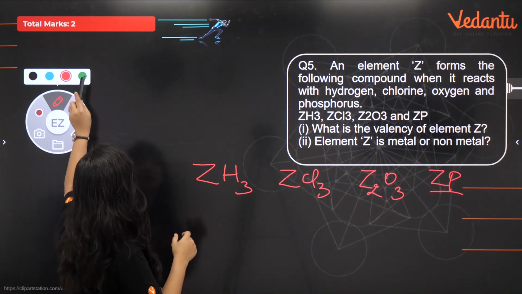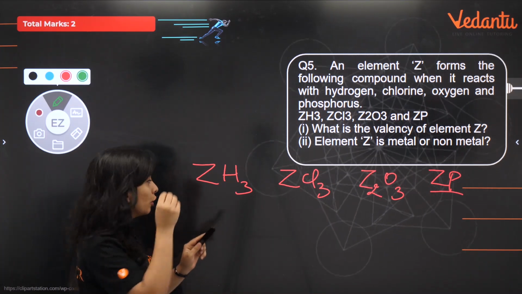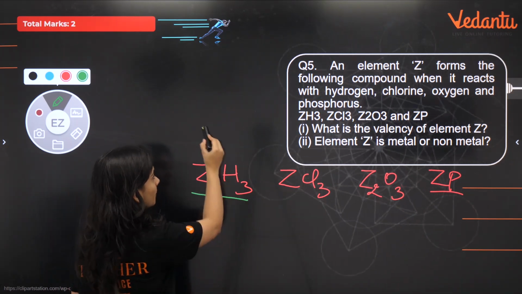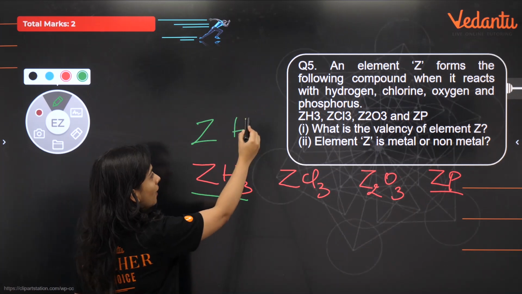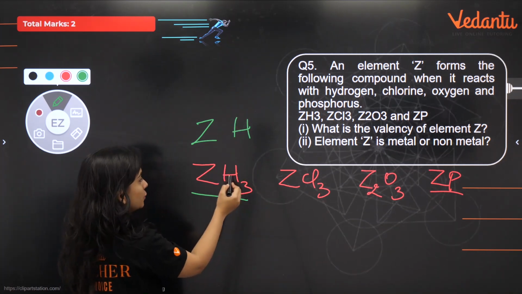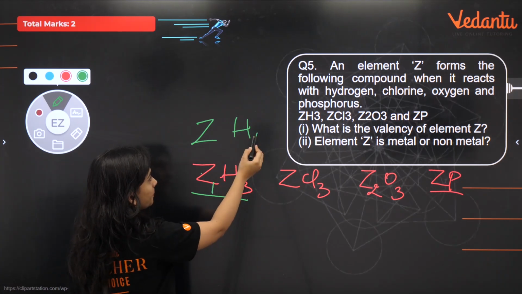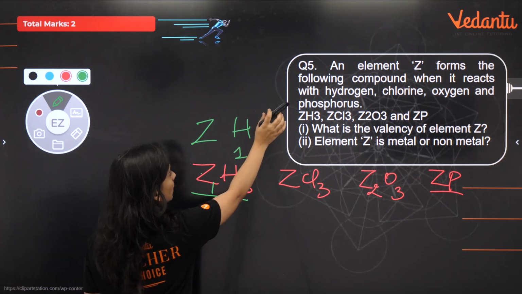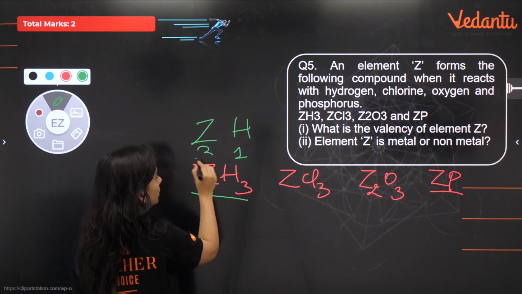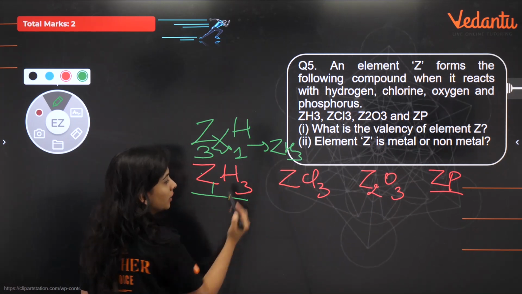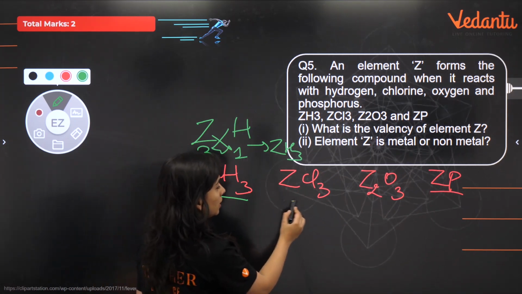Now, the first thing, which is super important for all of you to know, is how you can judge the valency of Z. You know how any formula comes. If you have Z and you have H, you know the valency of H, right? H का valency यहाँ लिखा होता है, Z का valency यहाँ. कैसे आया ये formula? 1 second, Z3. तभी this formula will come, that is ZH3. I can prove it here also.